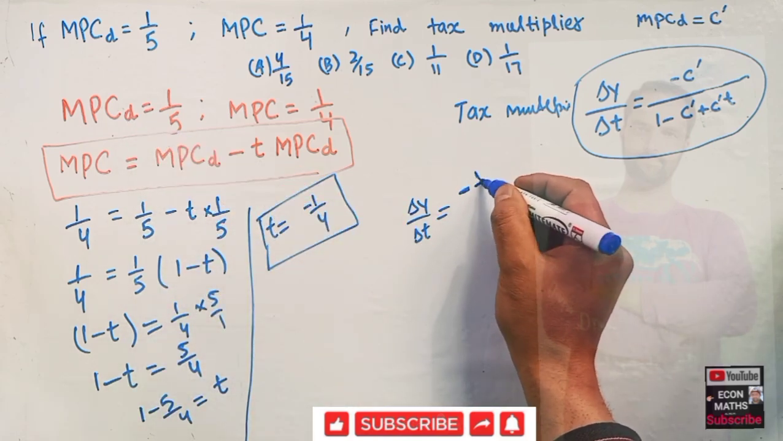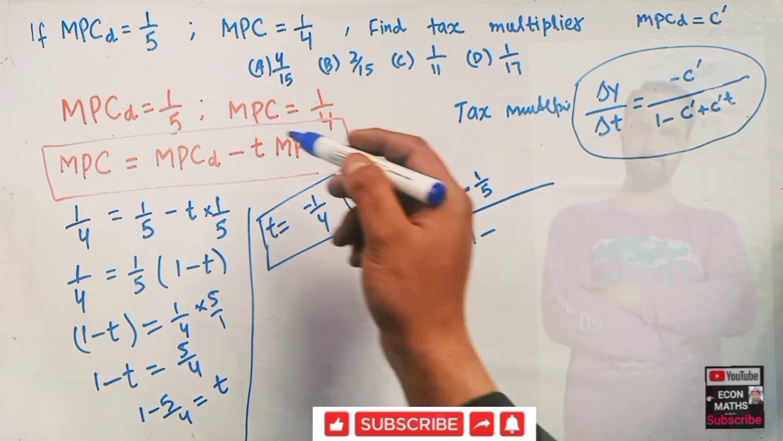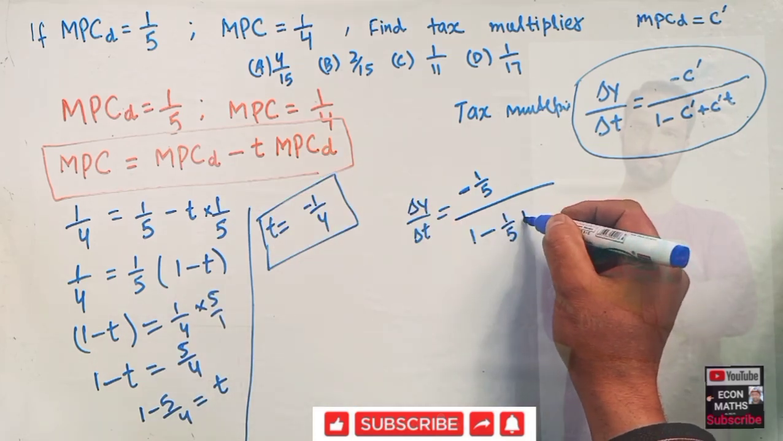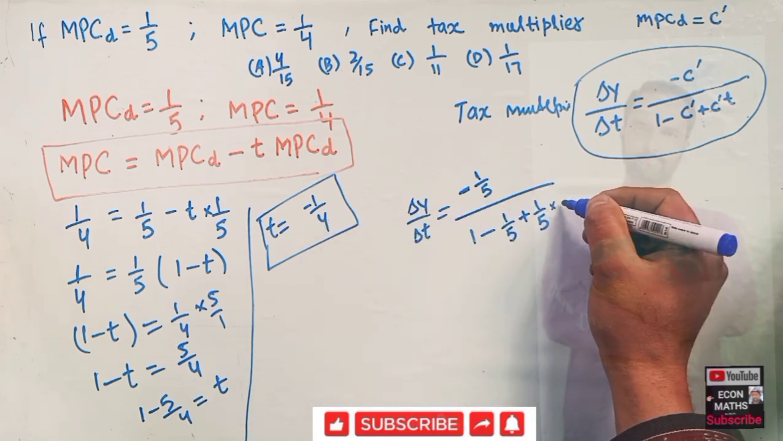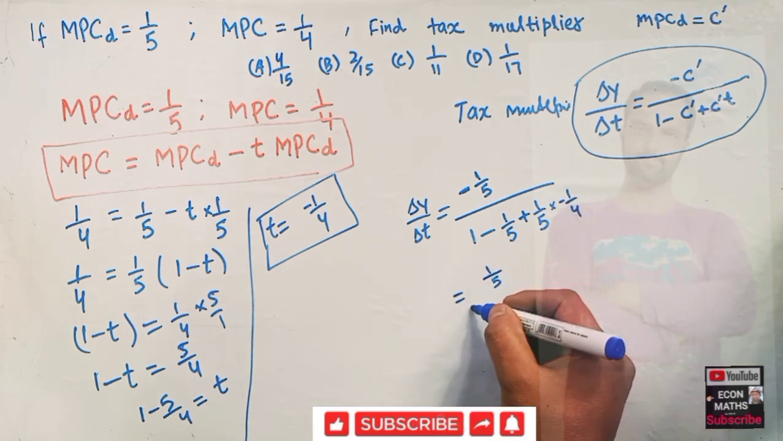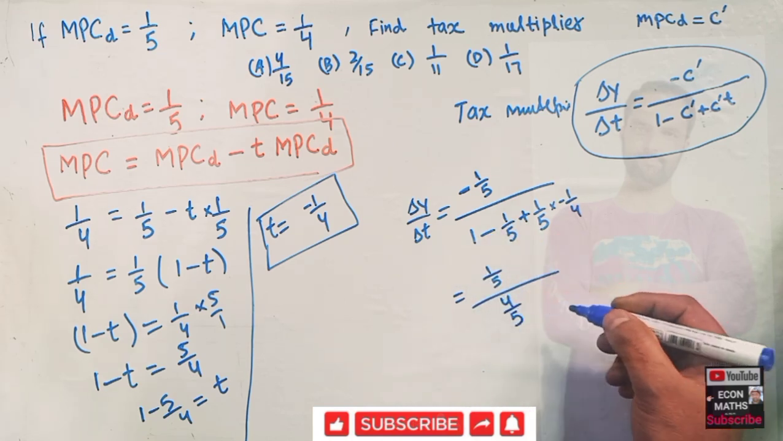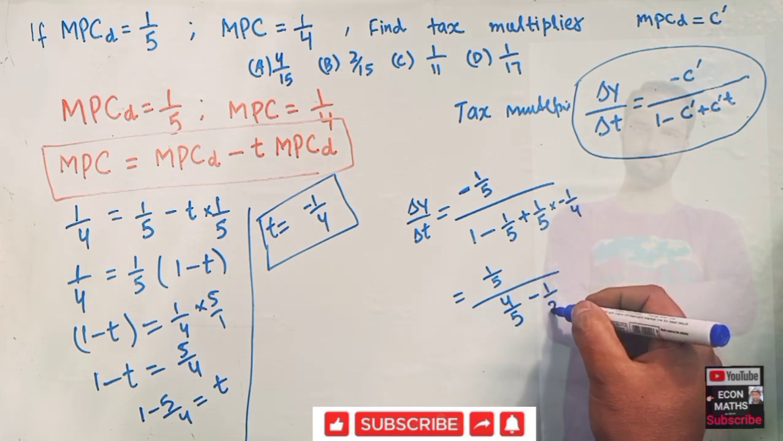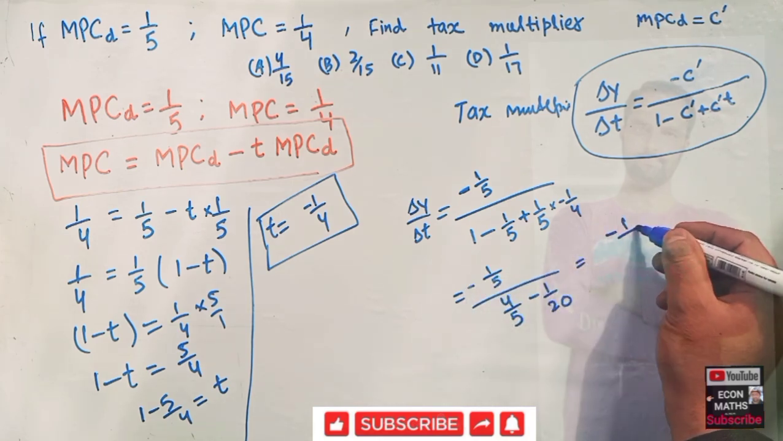Let me write it here: minus 1 upon 5. After that, we have 1 minus c, again this is being given as 1 upon 5 plus 1 upon 5 into tax rate, which is minus 1 upon 4. Okay, when we solve this, we have 1 upon 5 in the numerator. Here this is 5 ones are 4 upon 5, 4 upon 5 minus, we have then 1 upon 5 fours are 20. Solving again, we have this is negative, minus 1 upon 5